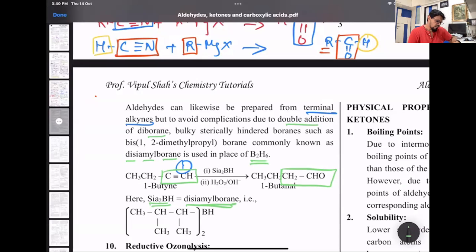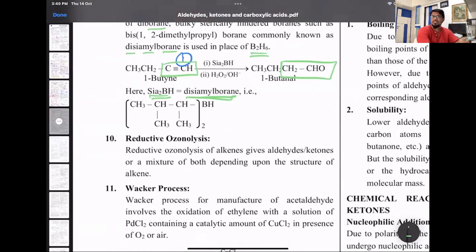All right. Then reductive ozonolysis, this we did in hydrocarbons. Alkenes, when you react with ozone, form an ozonide. I've told you how to do it. Put a triple bond between the double bond, sorry. Put one oxygen in between and 2 across it. One sec.